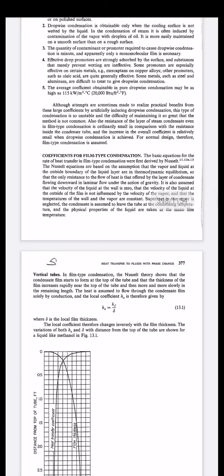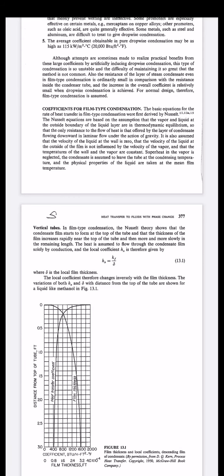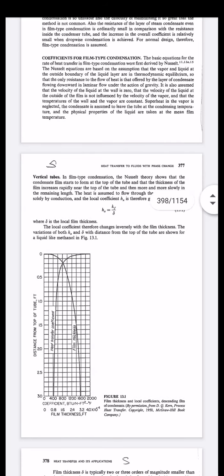Now, I told you one more thing, that heat exchange equipment can be kept vertically or horizontally with respect to the space available inside the plant. So, here we are going to discuss how the heat transfer coefficient is inversely proportional to the thickness of the condensate on the vertical tube. As shown in the diagram, figure number 13.1, there is a plot which has been drawn of film thickness against distance from the top of